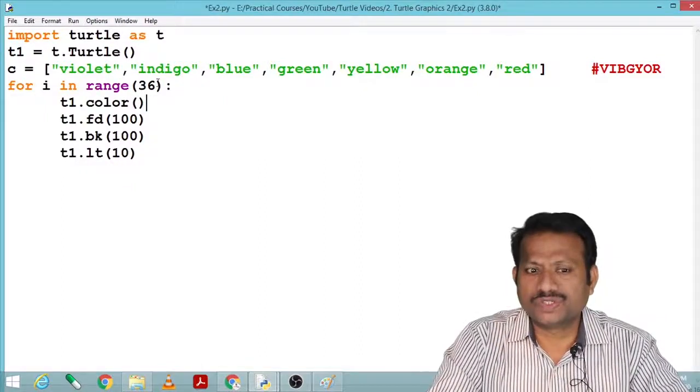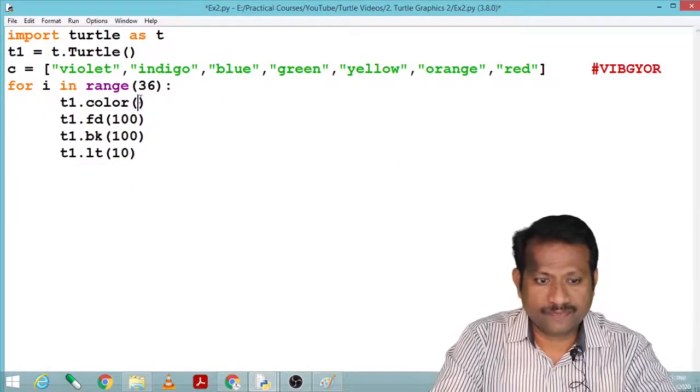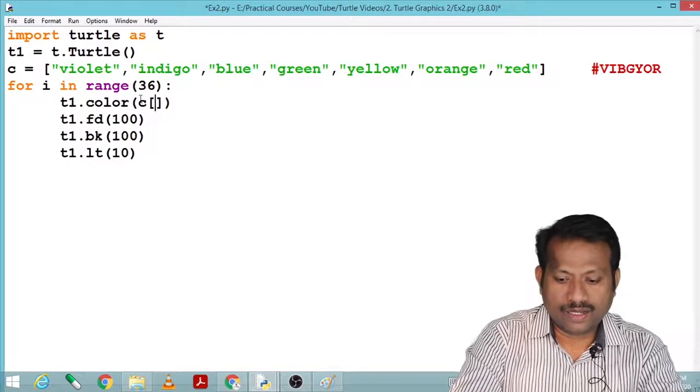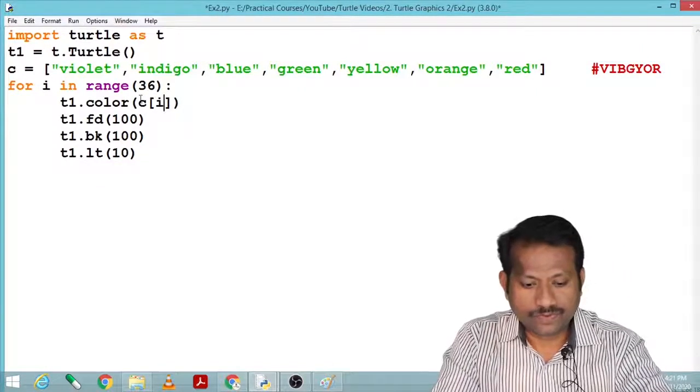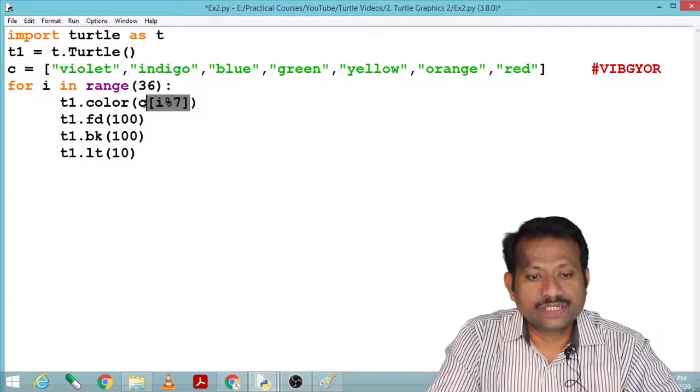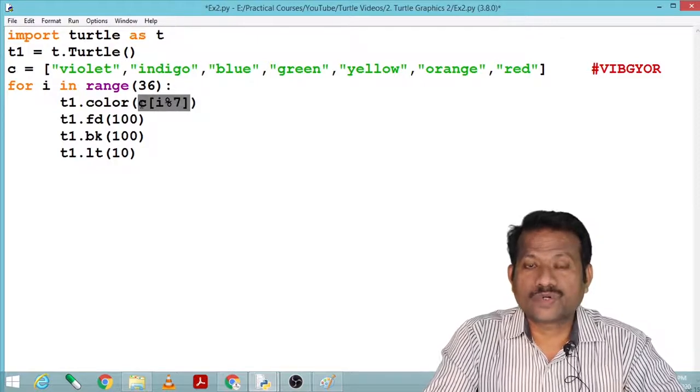How can I achieve this? That can be achieved by C of i modulus 7.